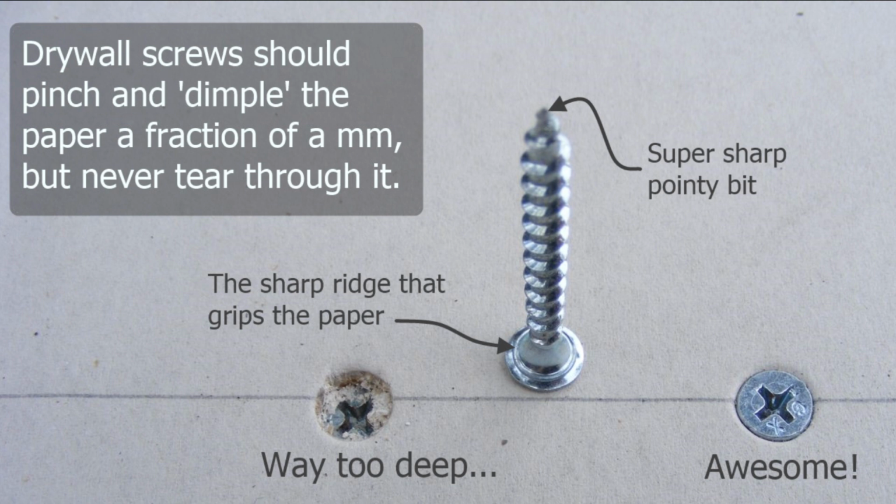You can see in this picture here, the one on the left there is way too deep. It's broken the face paper, which is how it holds the board up. The one on the right there, where it says awesome, is perfect, so that's where you want it, just below the surface. You can see on the screw there it's got that ridge below the head and that grips